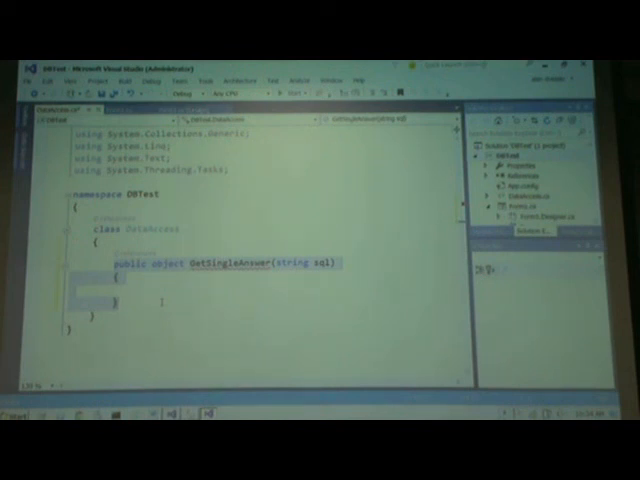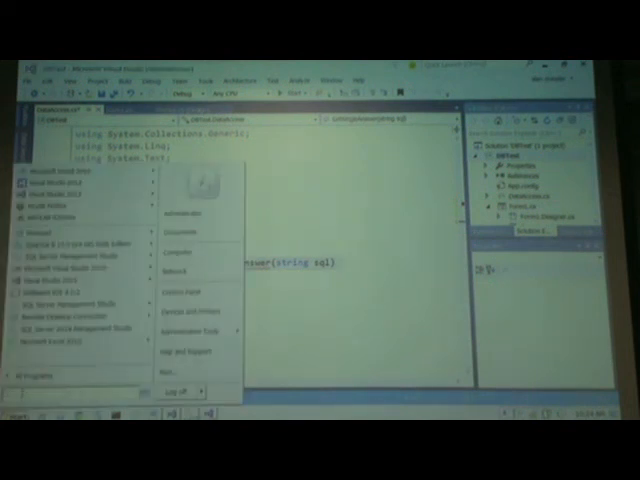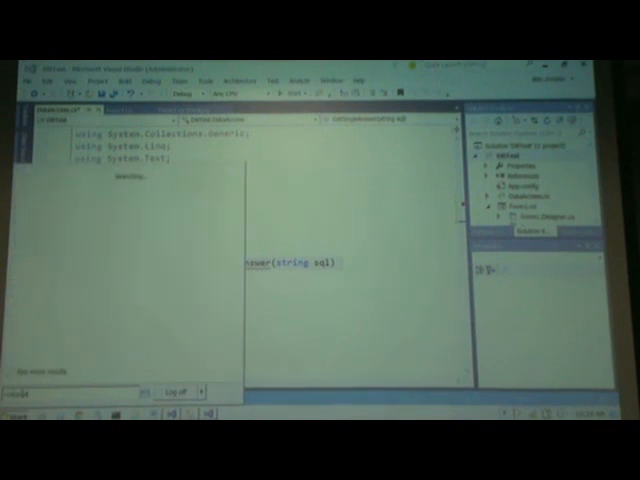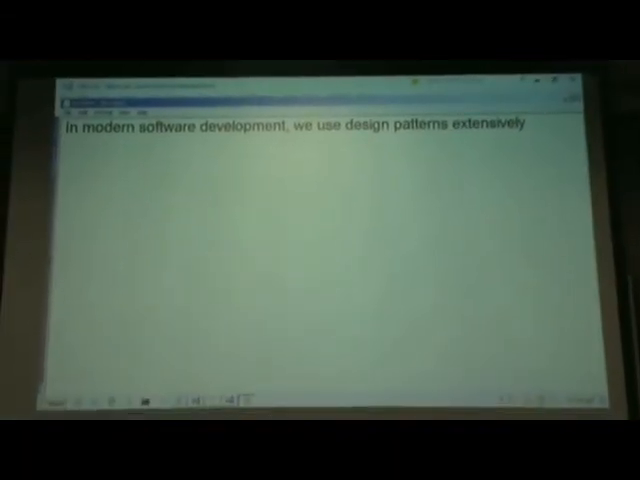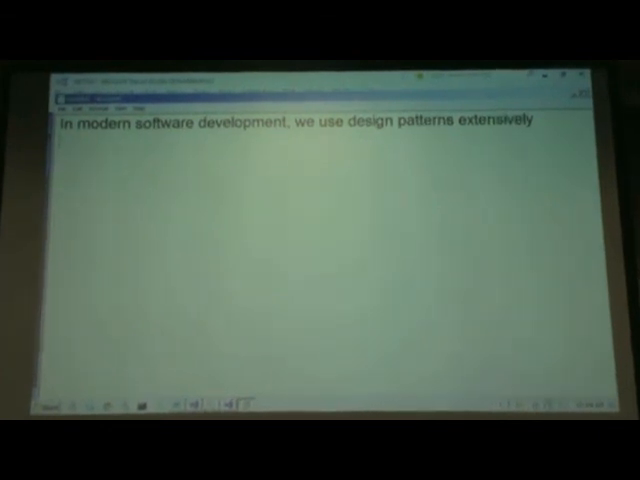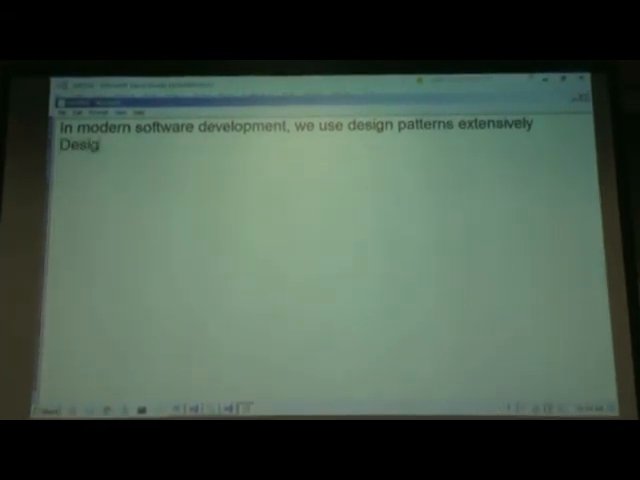Okay, now let me introduce one more concept in modern software development. In modern software development, we use quite a few times what are called design patterns, okay? What are design patterns? So design patterns are basically